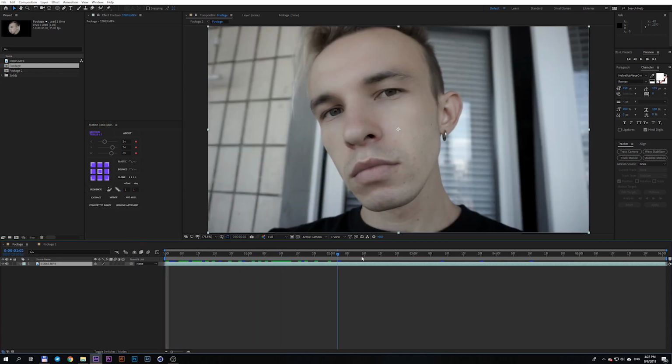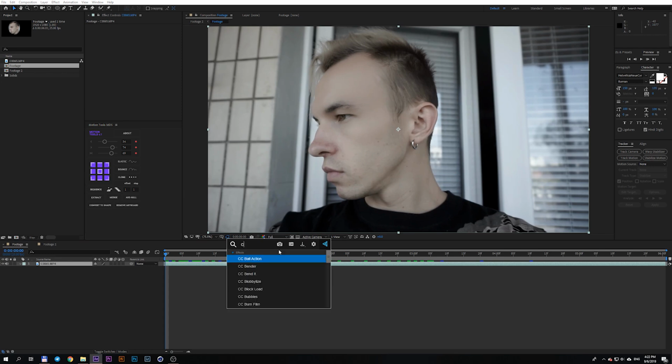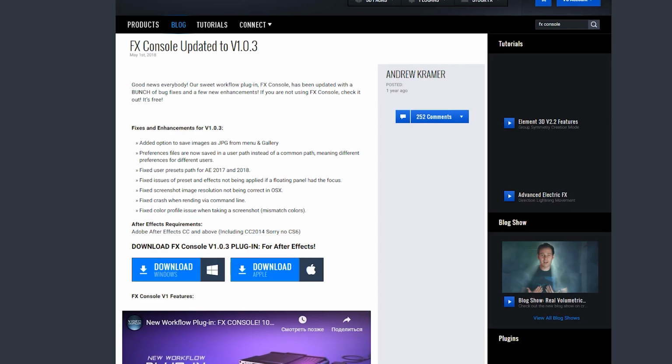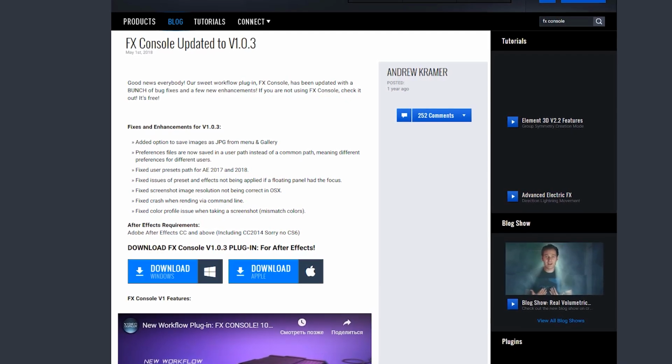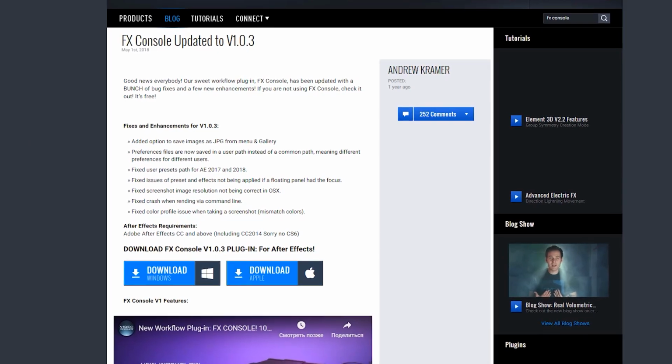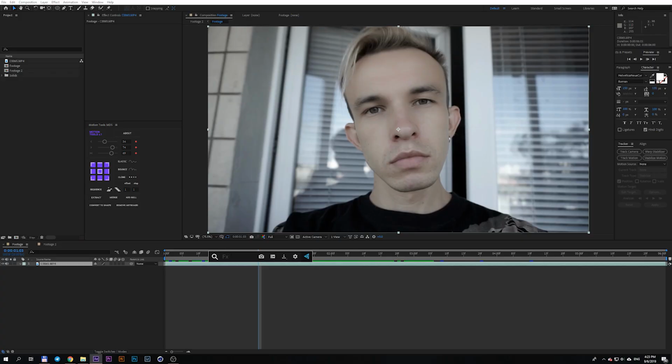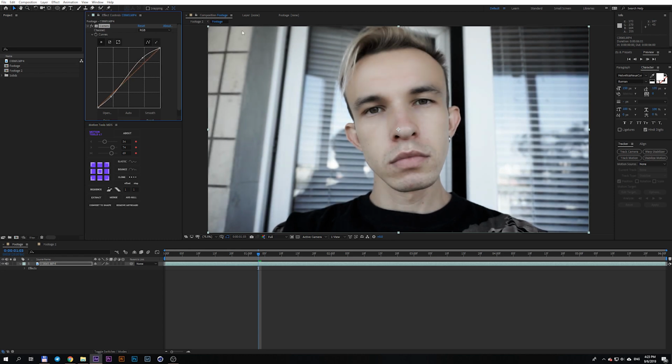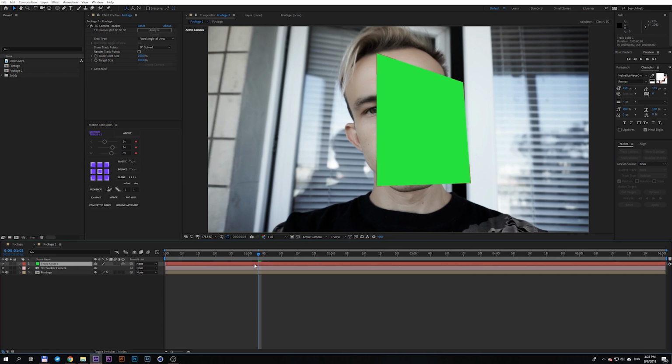I guess I should add a little more contrast here and apply the curves. By the way, if you don't know what panel it is, this is the panel called VFX Console by Video Copilot. It's a really convenient thing. You just press some hotkey and you can apply any effect that you need. So, I will apply the curves to add a little contrast, and I will put a point here and here. Perfect. Let's go back. And here you can see such a solid, which has already been placed in space and